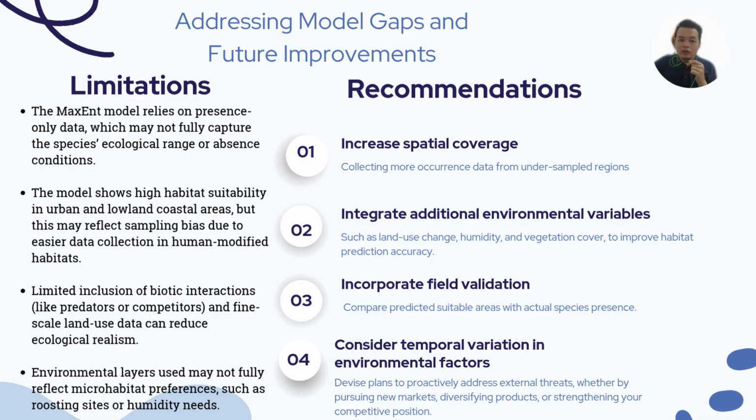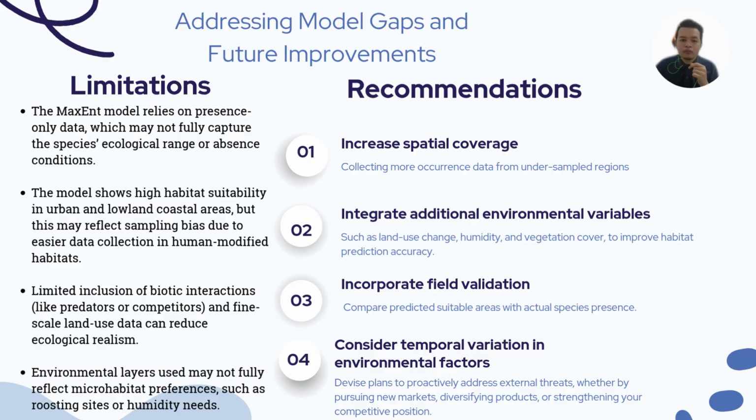To start with the limitation, one of the main issues is that Maxent uses presence-only data. This means we lack absence information, which can limit the model's ability to define the true ecological range of the species. Additionally, the model highlights high habitat suitability in urban and lowland coastal areas, but this may be influenced by sampling bias, as data collection is typically easier in human-modified environments compared to remote or